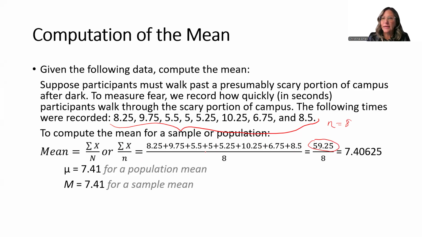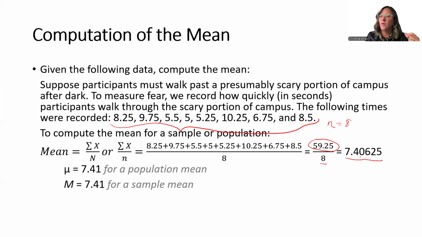To get our mean, we divide that by 8, the sample size, or if it's a population, the population size. So it doesn't change. It just depends upon whether that's the population or the sample. So if you divide 59.25 by 8, because remember the fraction is basically division, this is the number we come up with,